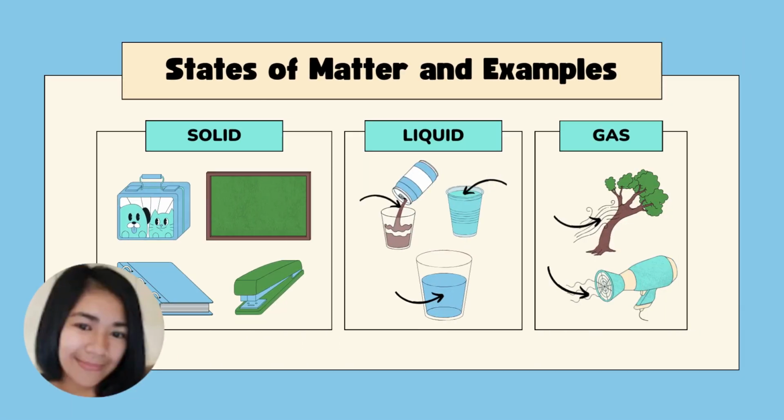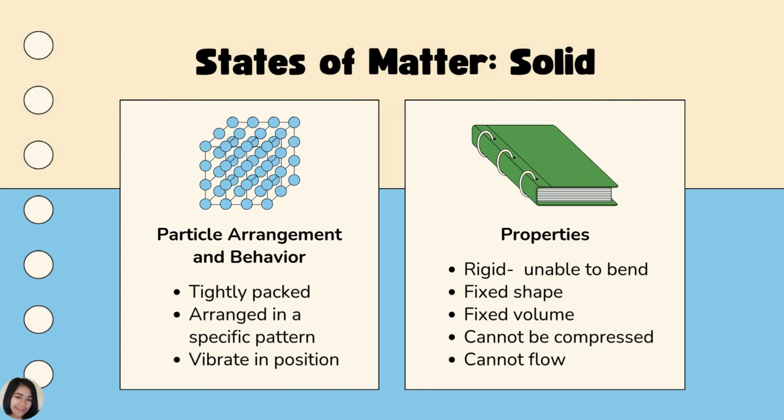So under solid, we have table, stapler, books, and bags. And for the liquid, yan yung mga water. And of course, for the gas, we have the air. Kaya yung puno natin po dyan ay natumba because of air. So, air as an example of gas. Okay? And then,